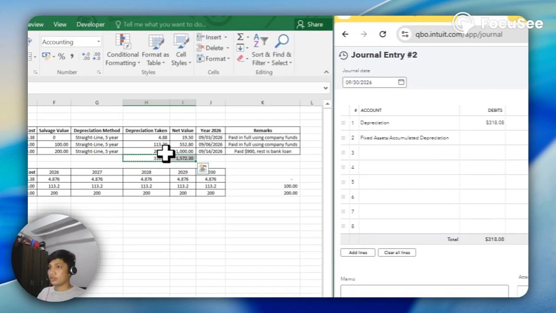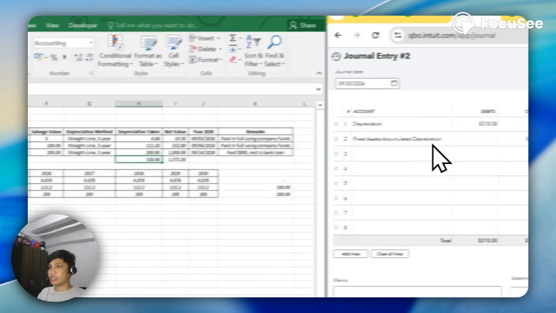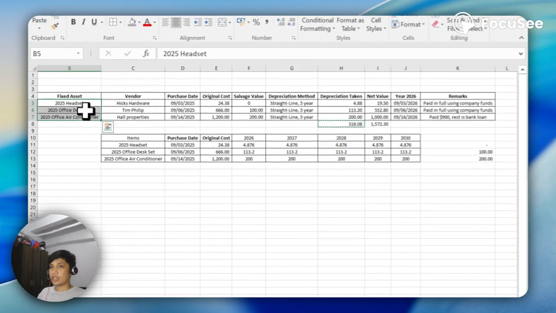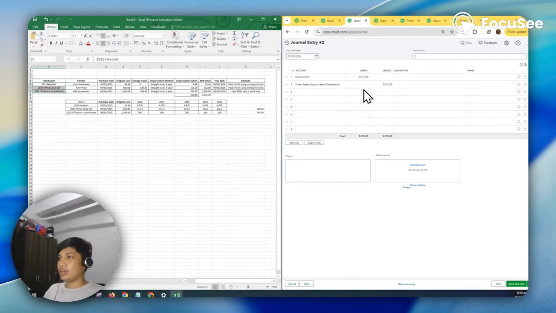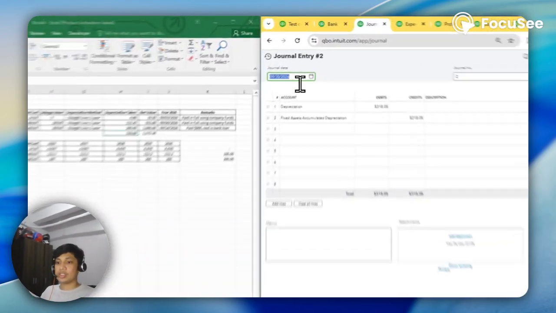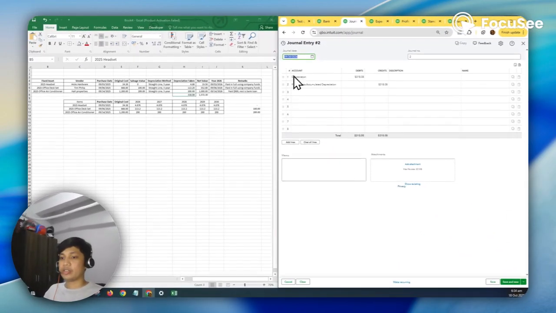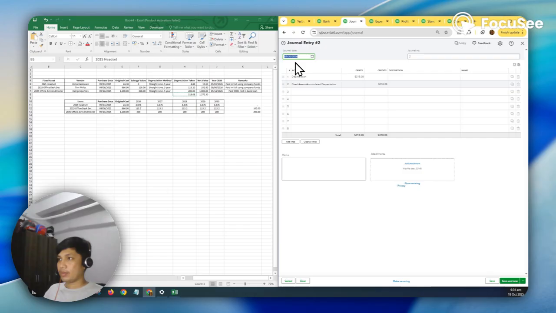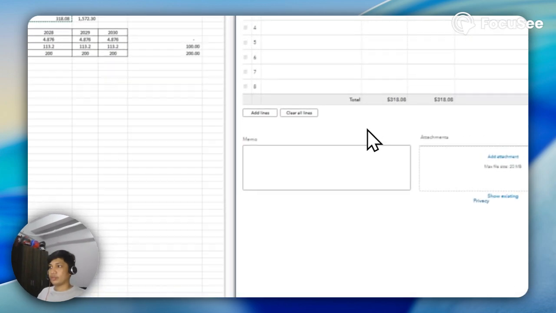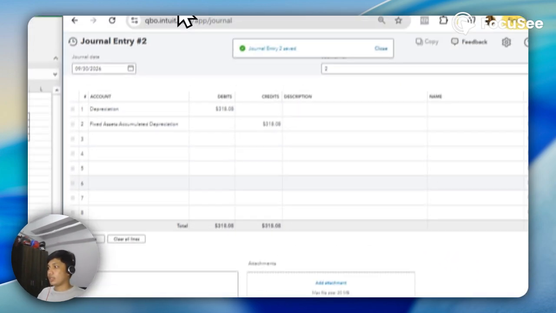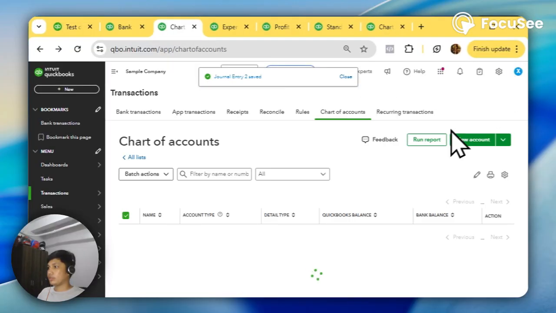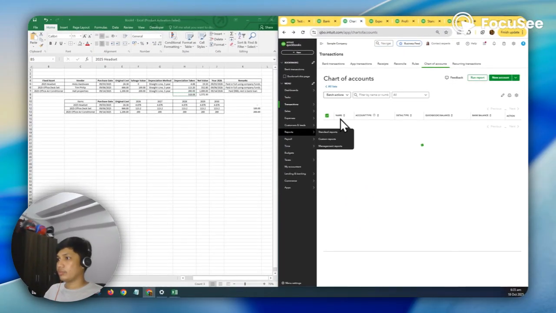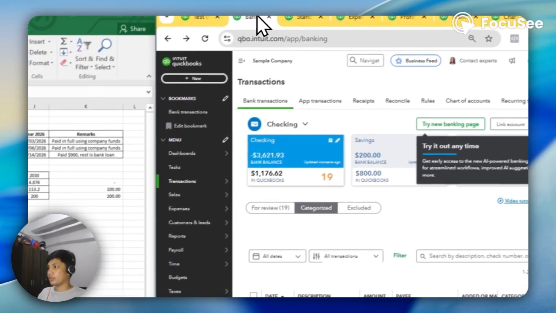What happened is, this is the total amount depreciated for these three assets. As you can see, this is 2026, meaning 1 year has passed, so the effect of the depreciation will push through and be accounted for. I'm going to save it now. Let's take a look at the balance sheet. Okay, standard reports.